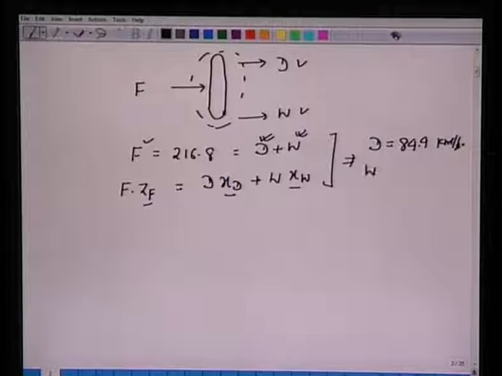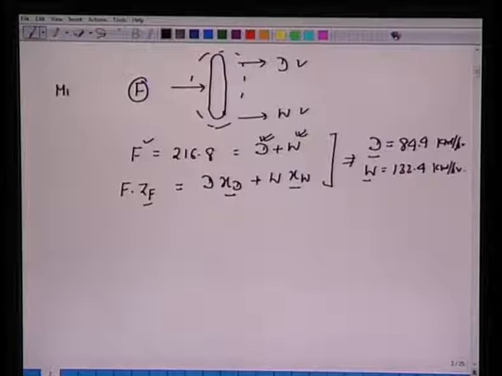Alright, similarly W, bottom product residue, is 132.4 kilomole per hour. So I leave this as an exercise, a very simple calculation to calculate D and W. Now again, very often you will see that we also need to know at some point of time the average molecular weight of feed, average molecular weight of the top product, and the average molecular weight of this bottom product, because you have to do a lot of enthalpy calculations here.